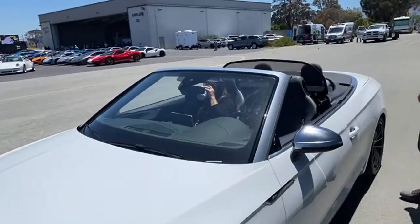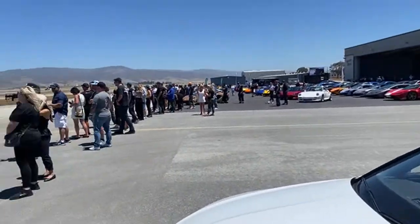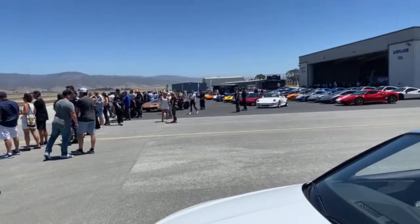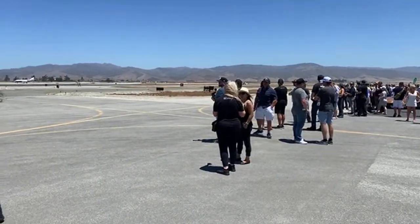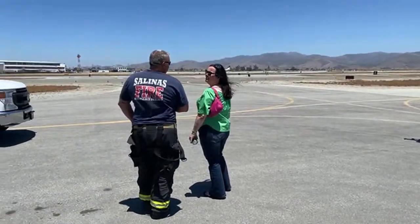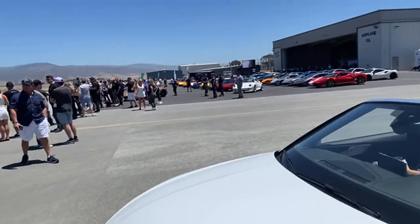We got a nice Audi convertible right here at Hypercar Invitational. Parking lot's still full. Oh, thanks, Stuart. I appreciate that. Looks like they're still setting up the timing. It's going to be a little bit before we go. I'll jump back on when we start running. Thanks for joining me for this amazing event